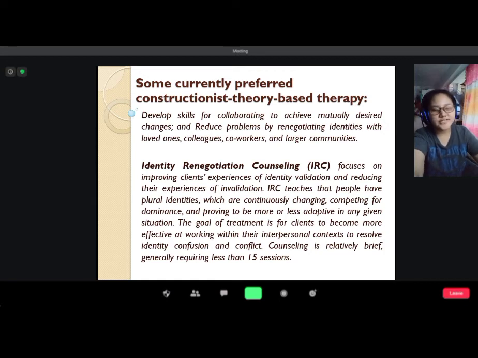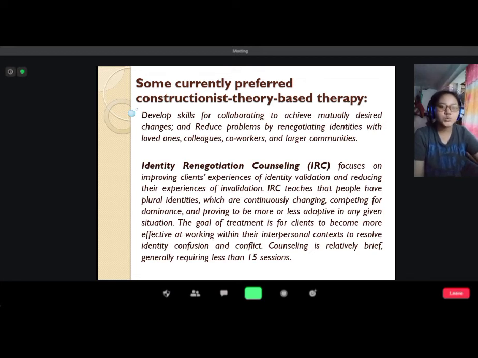For example, the value differences, and also seeing the strengths in conflicting viewpoints, appreciate universal needs for validation and support, to become more sensitive to ways in which people coordinate thoughts, behavior, and feelings, and also to develop the skills for collaborating to achieve the mutually desired changes, and also